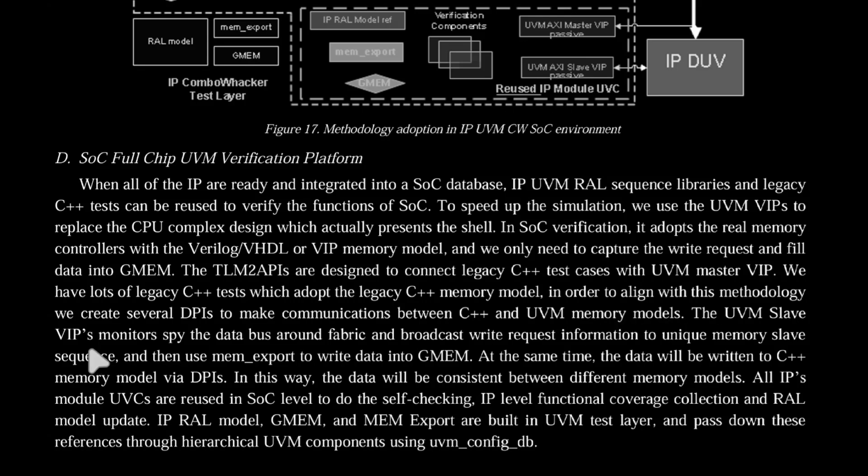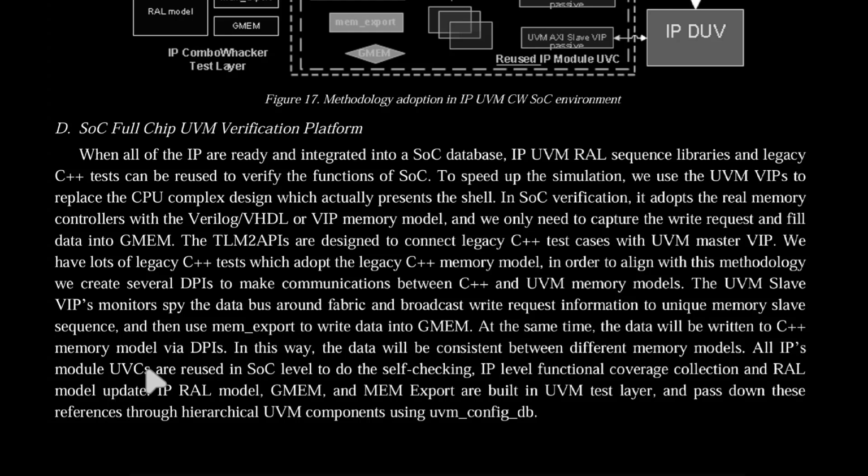The UVM slave VIP monitors sniff the data bus around the fabric and broadcast the write request information to the unique memory slave sequence, and then the user MEM export writes data into GMEM at the same time. The data will be written to the C++ memory model via DPIs, and this way, the data will be consistent between different memory models. All IP module UVCs are reused at SoC level to do the self-checking, IP functional coverage collection,